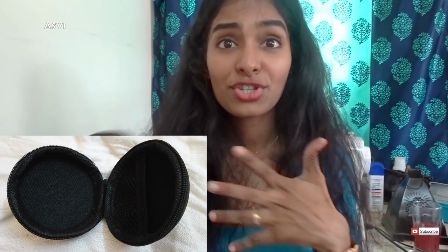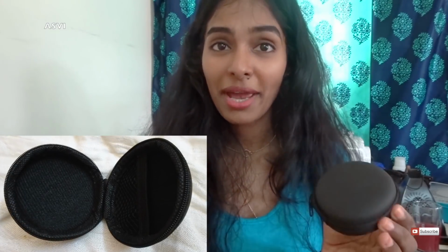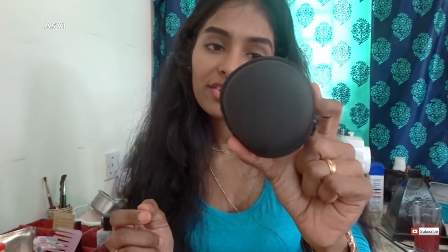But I got this one for my husband because I thought it would be nice to buy something for him. Plenty of shades in it, and since it was for my husband, I got it in black. If it was for me, I would have got it in some kind of fun shade. When we open it, there is a pouch like this inside. So I think it is the best when we are traveling. It retails for 103,